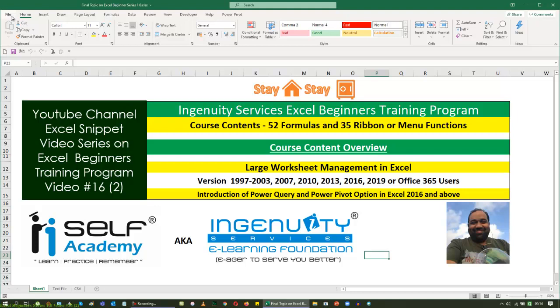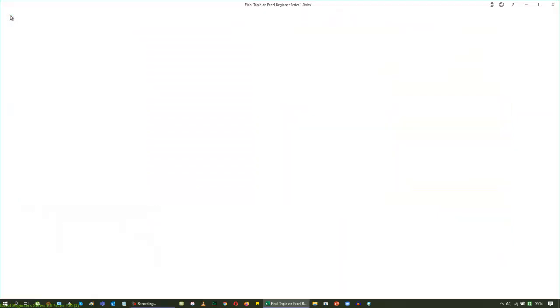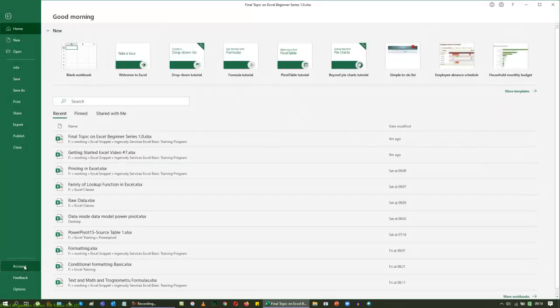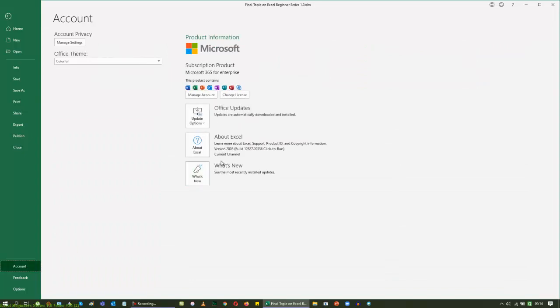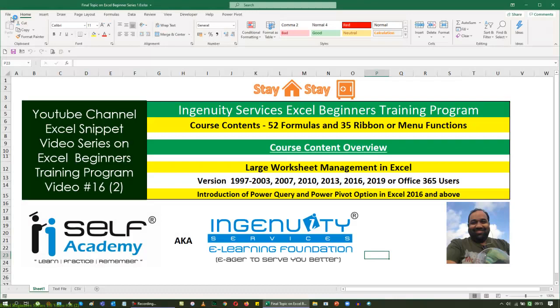I'm currently using the latest updates of Office 365, probably after the March update, and I'm using Microsoft 365 for enterprises. And here I'm going to add Power Pivot for us, and the routine is the same.